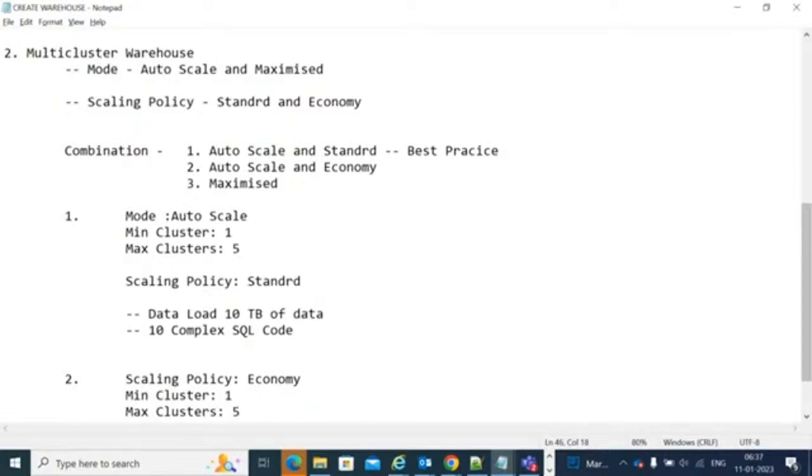Here also you will select the maximum and then minimum number of clusters like this. What will the economy policy do, in case of a standard, whenever you upload the data or submit your complex queries, it will calculate and then it will increase. What this economy will do, suppose you submit 10 SQL queries to your Snowflake, it will calculate internally